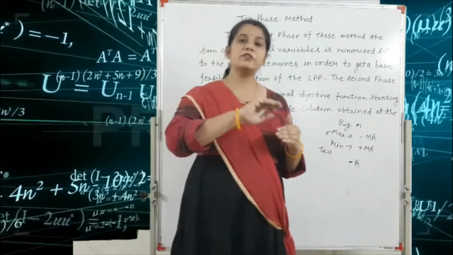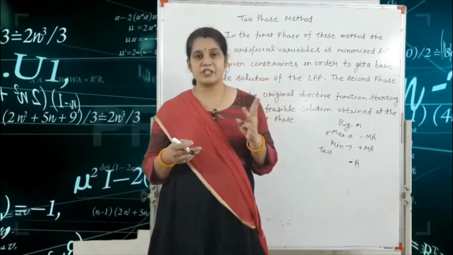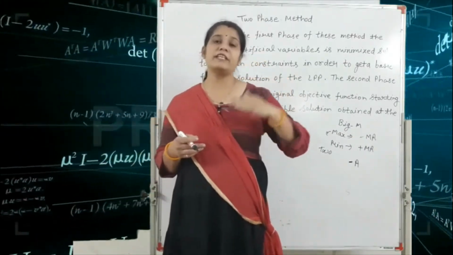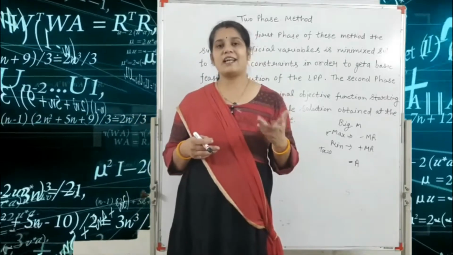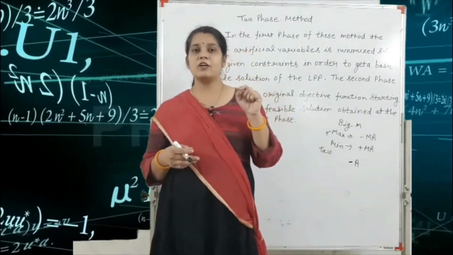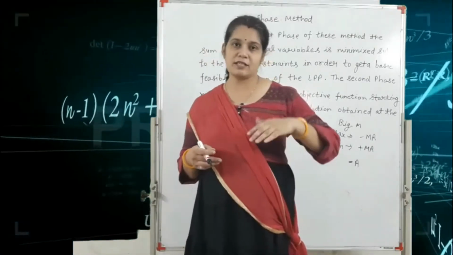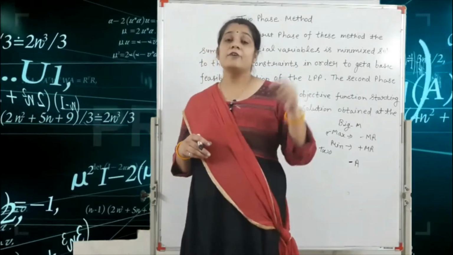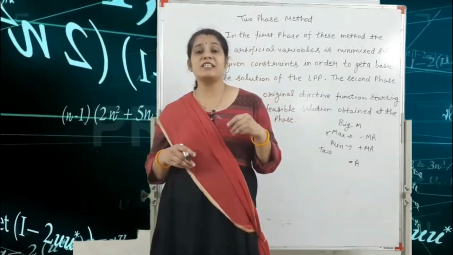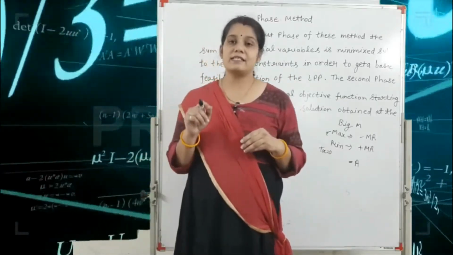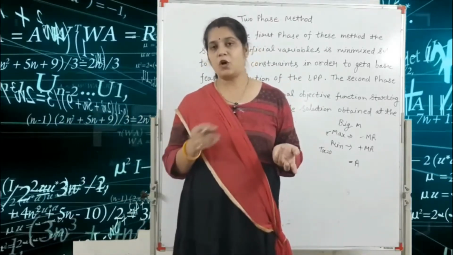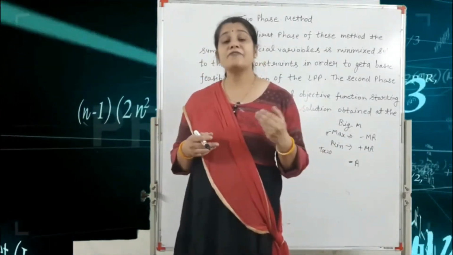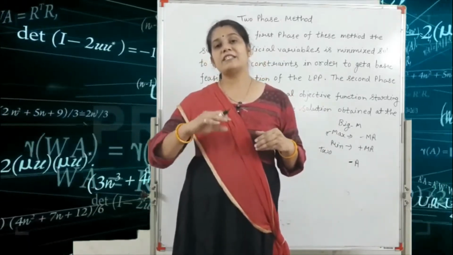Okay, so from phase 1 to phase 2, there are three conditions here. If for solving phase 1, our last iteration, that means what? Our question is always in the maximization format, because if it is given in minimization, first we convert it into the maximization form. Okay. So here, first you check phase 1. Phase 1 is completed when Zj minus Cj is always greater than or equal to 0, or all values are positive. So phase 1 is completed. Okay. After that, we map the phase 2 table.